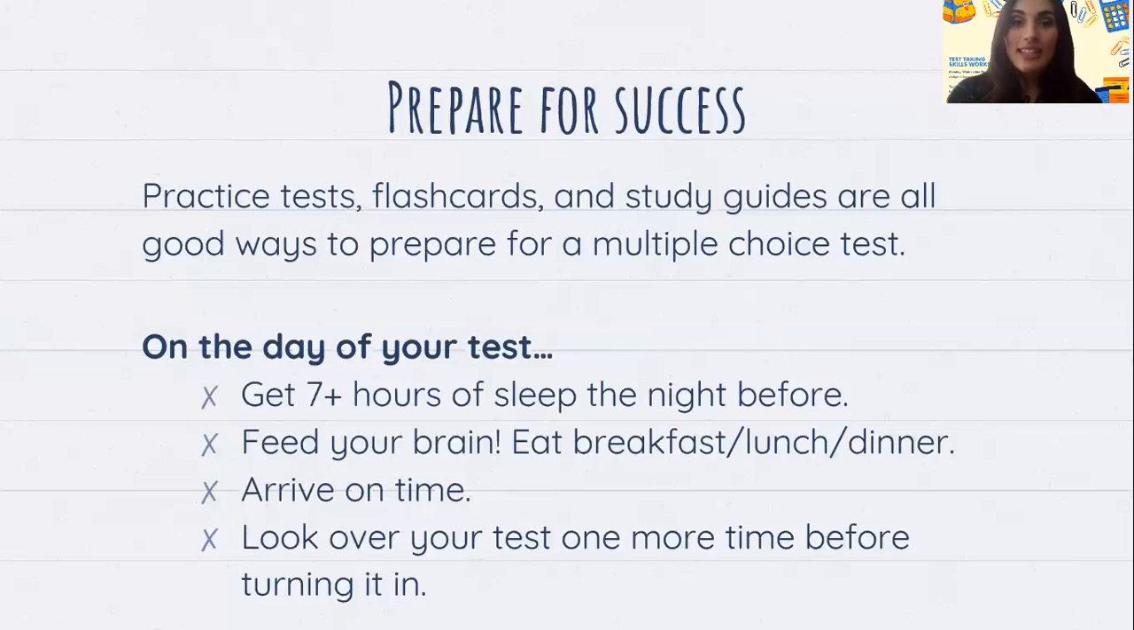Arrive on time. So this is going to look a little bit different now that we are all in this online environment, but you definitely still want to arrive on time to your test. Think of it this way. If you are given, say, an entire day from 8 to 6 p.m. to complete your test, but the moment you sit down, you have a total of 2 hours to finish that test, it might be wise for you to say, okay, at 1 p.m., I'm going to sit down